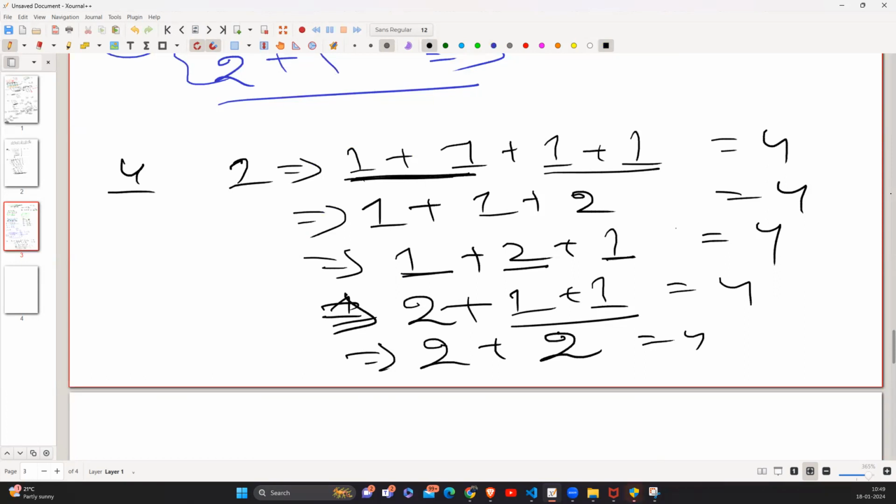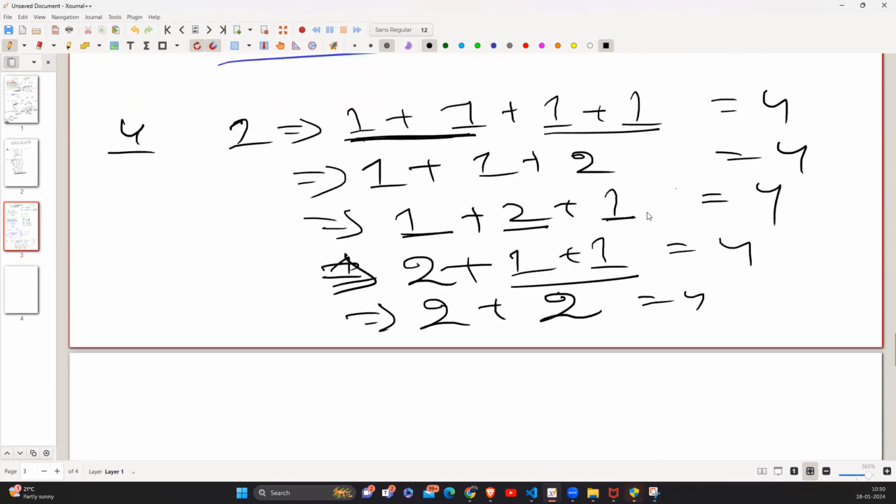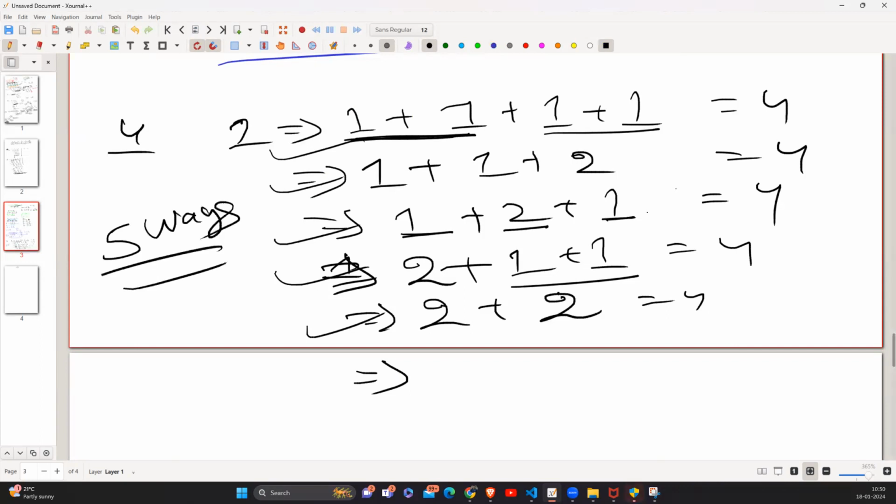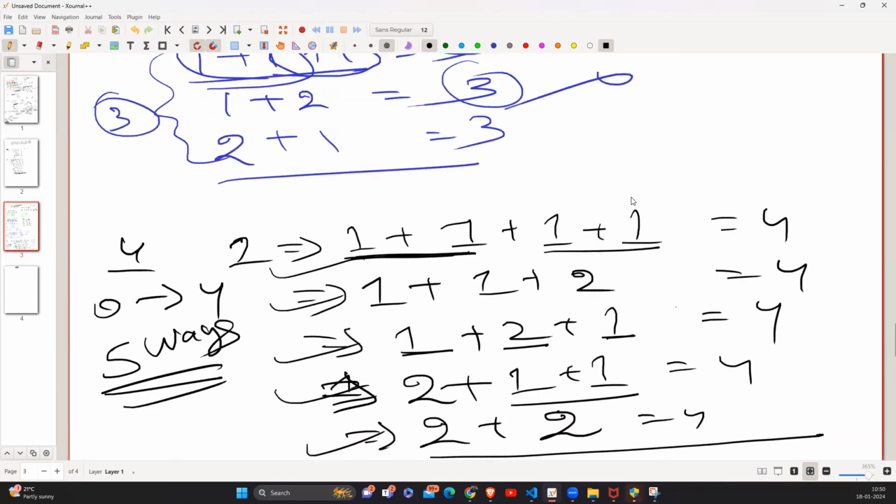Is there any other way to make 4 using 1 and 2? Yes, there is another way also. If you can see, 1 1 1 is done, 1 1 2 is done, 1 2 1 is done, and so on: 1 2 3 4 5. We have completed all the 5 combinations, 5 ways. So there are no more ways to reach 4 except these 5 ways. So I'll return here